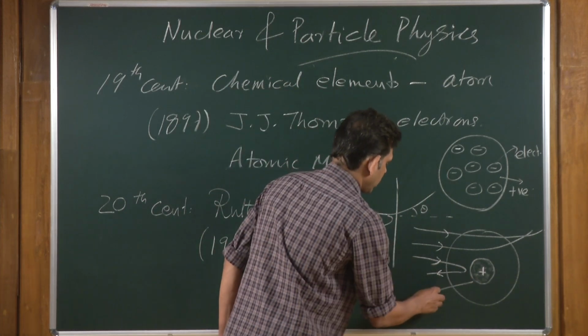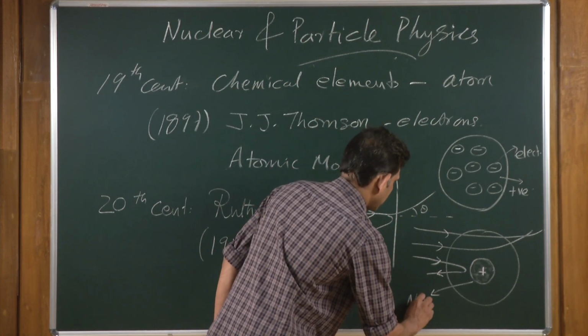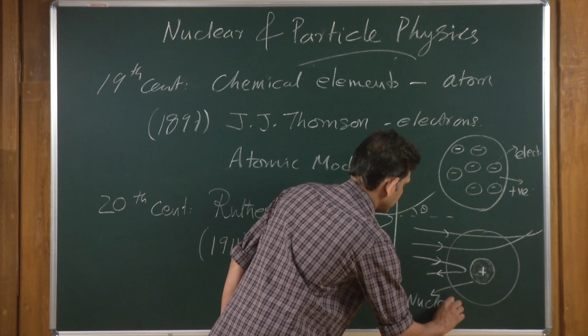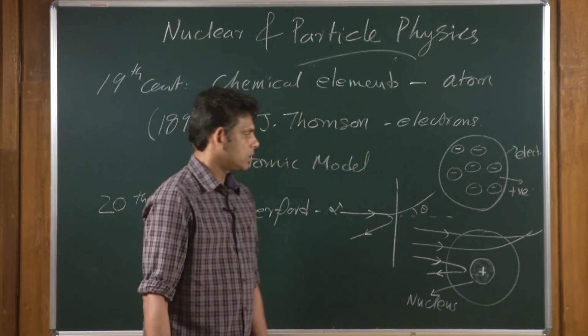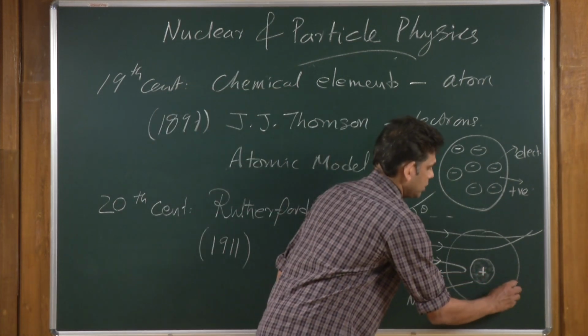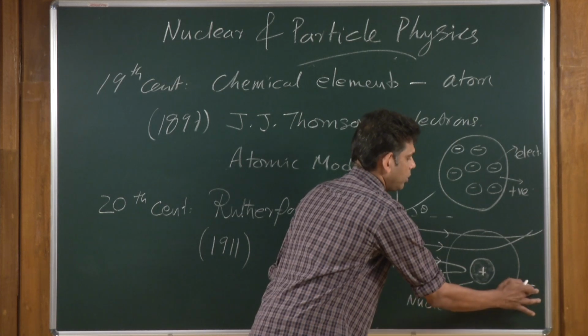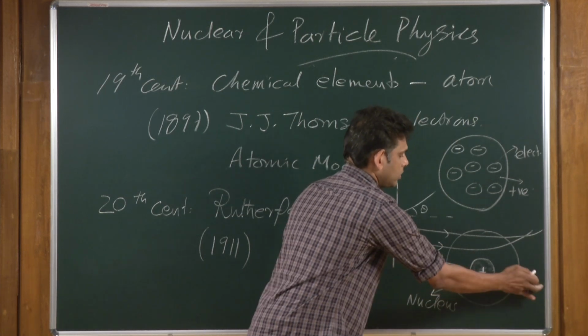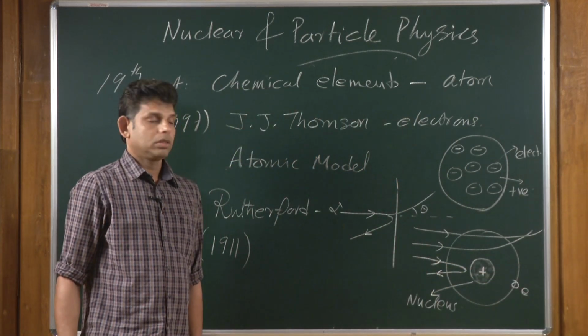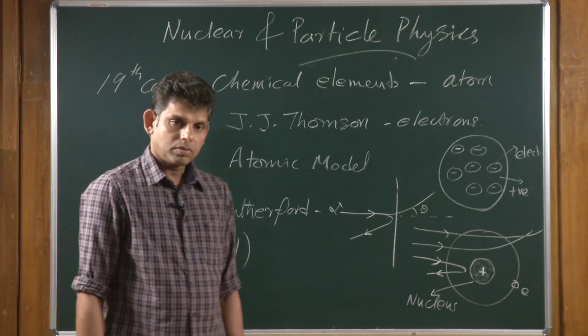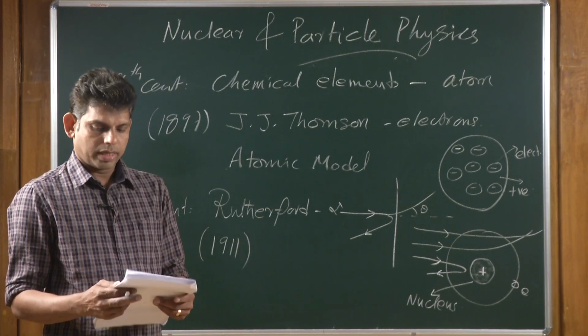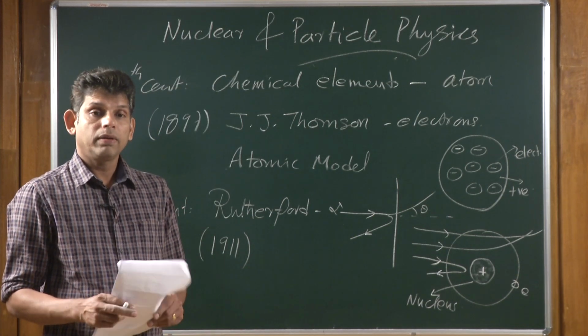So, this core is basically called the nucleus. So, there is a positively charged nucleus and electrons, let me denote it by E, electrons revolve around this thing. Problem with this model is that classically